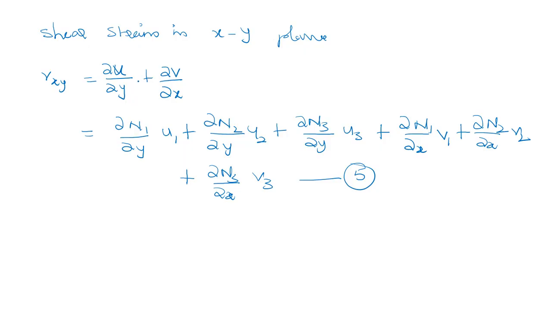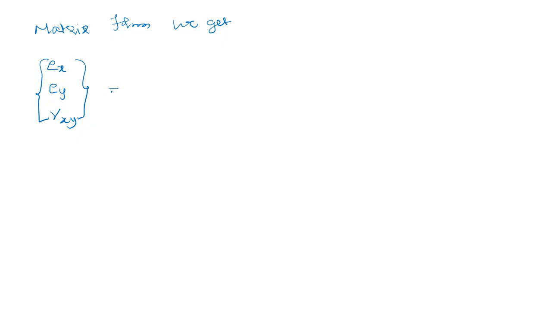So the matrix form: simply the equations 3, 4, 5 in matrix form. We will get strain in x direction, strain in y direction, and shear strain, is equal to, just what I am trying to write is